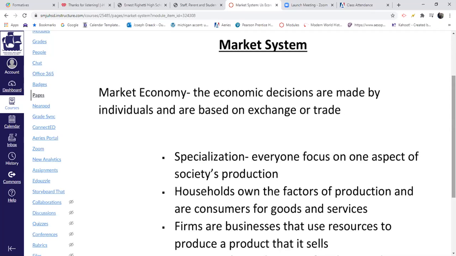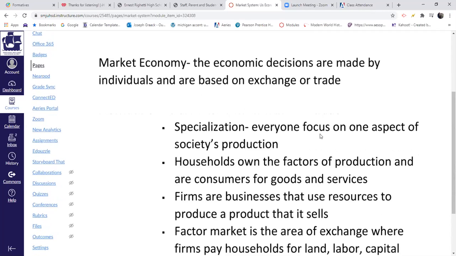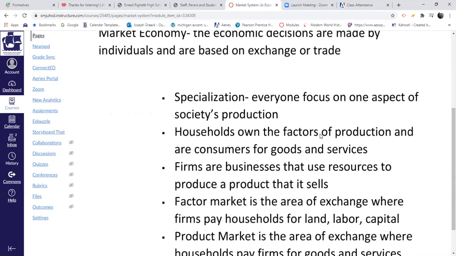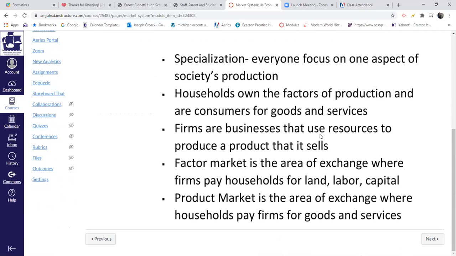In a market economy, households, where you and I live, own the factors of production and are consumers for goods and services. Firms in a market economy are businesses that use resources to produce the goods and services that we want and that they sell. And so what that does is create basically two markets: a factor market and a product market. The factor market is the area of exchange where businesses pay people for their land, their labor, their capital, or their business knowledge. The product market is where people like you and I pay for the goods and services